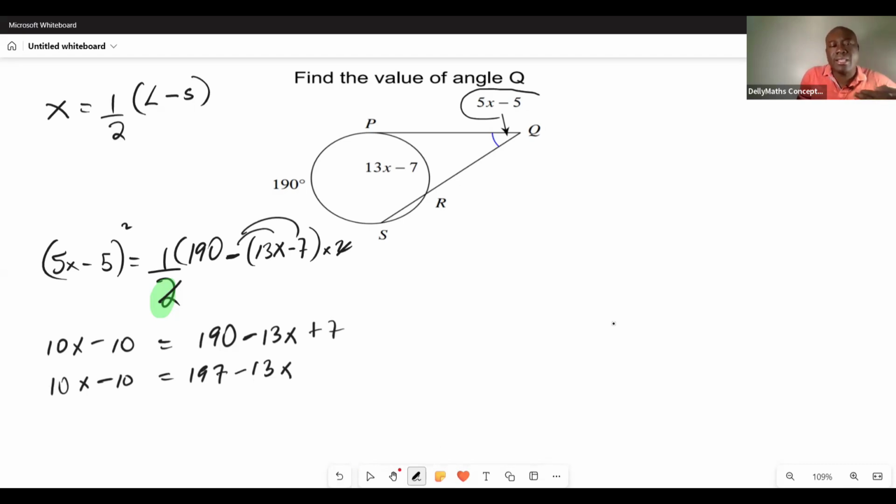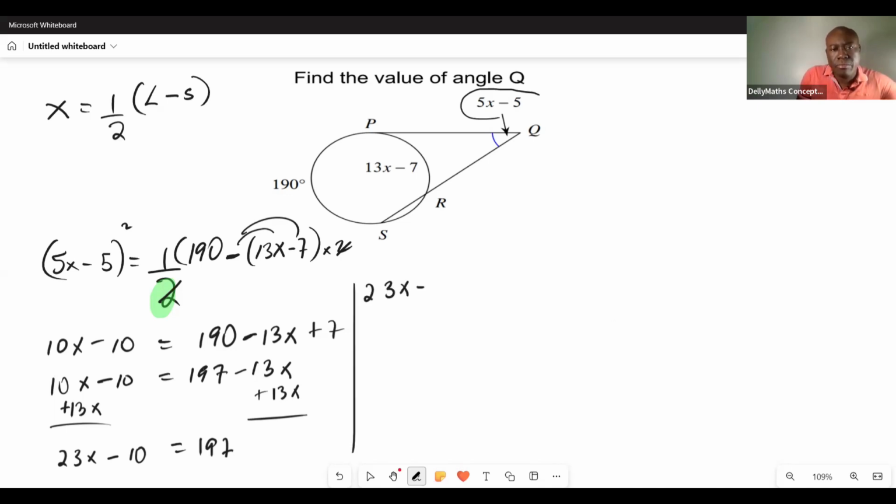So in an effort to collect the like terms, I'm going to add 13x to both sides, as you could see here. So what am I left with? I'm left with 23x minus 10, and this is equal to 197. Now, in an effort to find x, I'm going to add 10 to both sides so that I can readily isolate my 23x. So this becomes 0, and I'm left with 23x, and this is equal to